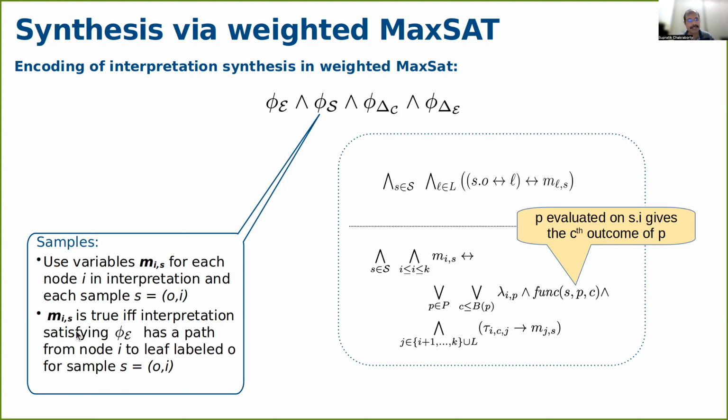Right? MJS is basically saying there's a path to the right leaf. So MIS is equated to this. And this, I think, is fairly standard. This is just saying how do you measure accuracy. For each sample, if I come back to the root and I ask whether M0S, if the root is index 0 or 1, let us say, if I ask, is M1S true? It means for that sample,